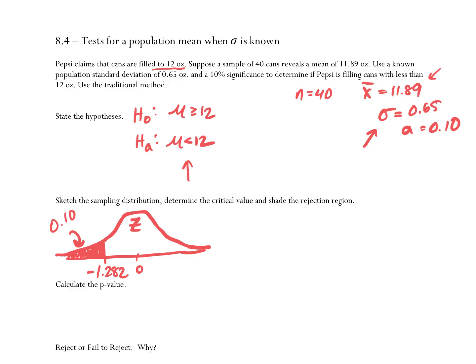So I'm going to hit stat, I'm going to arrow over to tests because I want to pick the appropriate one. I have one value in my hypotheses, correct? So I'm going to pick the one that's only one. So I'm not going to do the 2 sample z-tests. I don't want to pick the proportion z-test because this isn't about proportions. I'm going to pick option 1